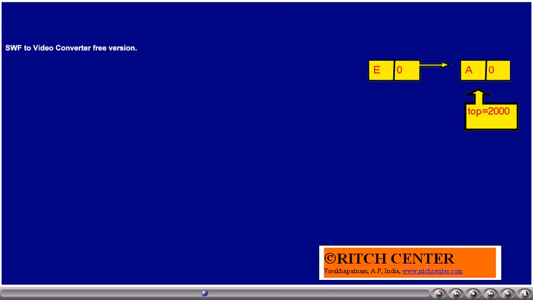This time we assume the next character in the string, symbol capital E, is pushed into the stack. Thus, a new node is created, and then the current top will be made the next node for this new node, and then top will be made to point to this new node. You can verify that currently top is pointing to this newly created node.